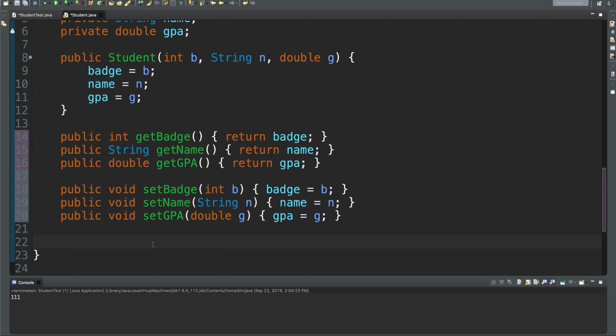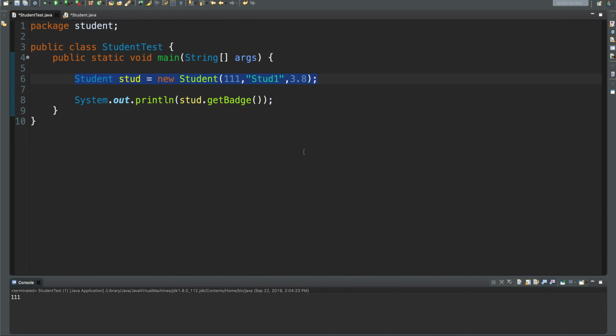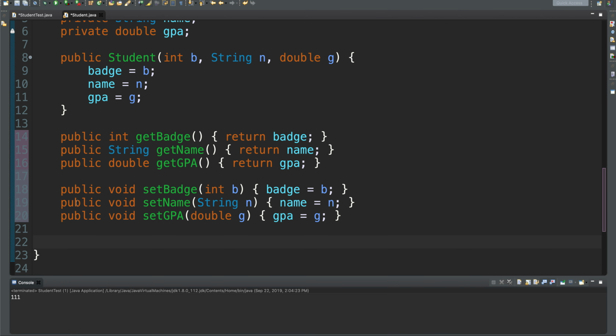Next, let's say, for example, I made a mistake in initializing the name of the student. From stud1, I would like to change it to student1. So again, in order for the main method to access setName,